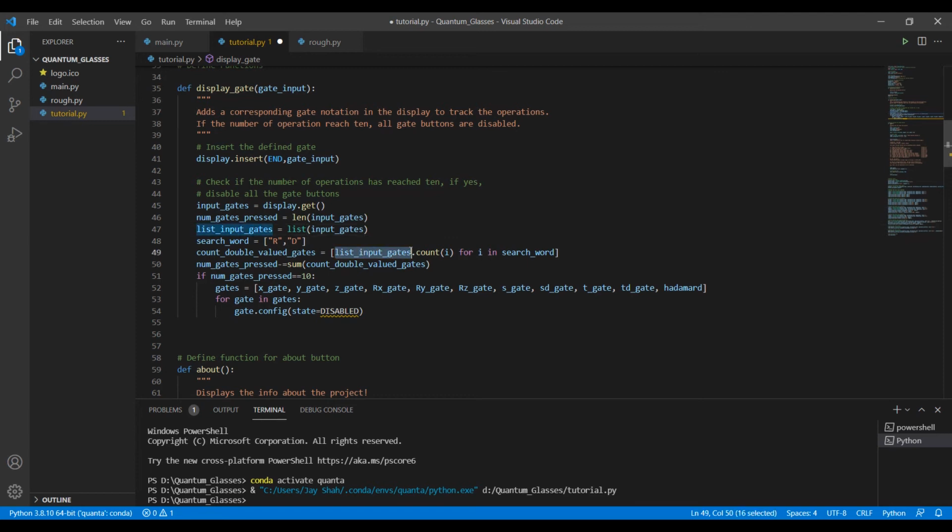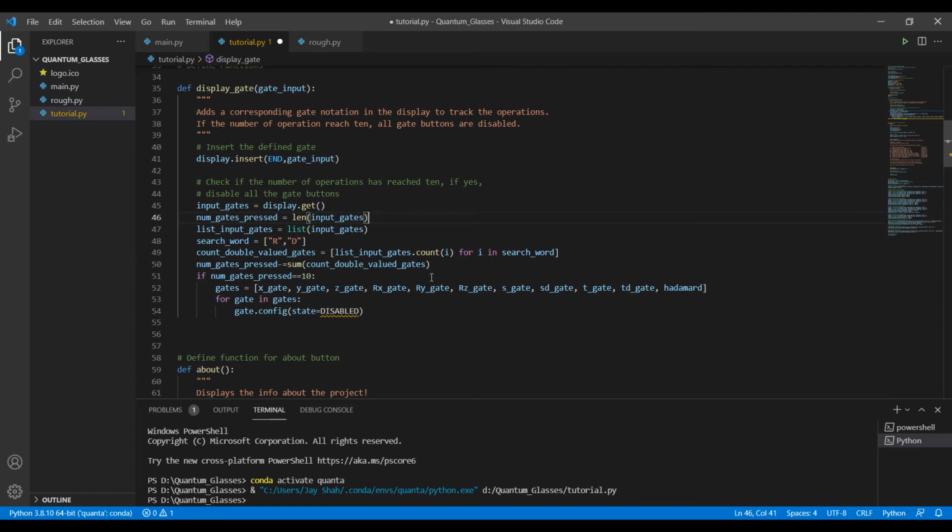Now we take our list of input gates. At this moment, it's just a list that contains all of the characters that are present on your screen, all those gate characters. We use this simple dot count method that every Python list has, and we pass this i. It gives you the count of those capital R characters that have appeared on your screen.